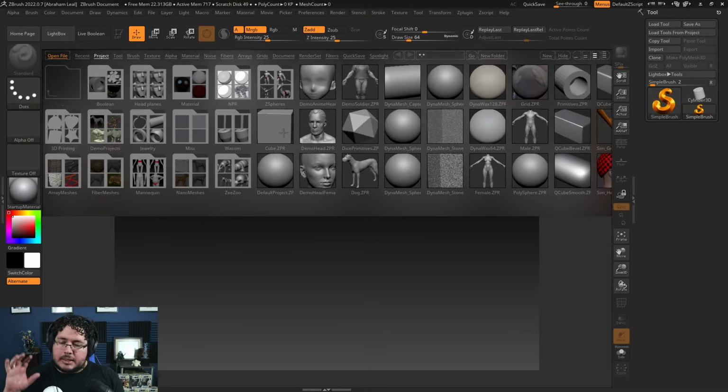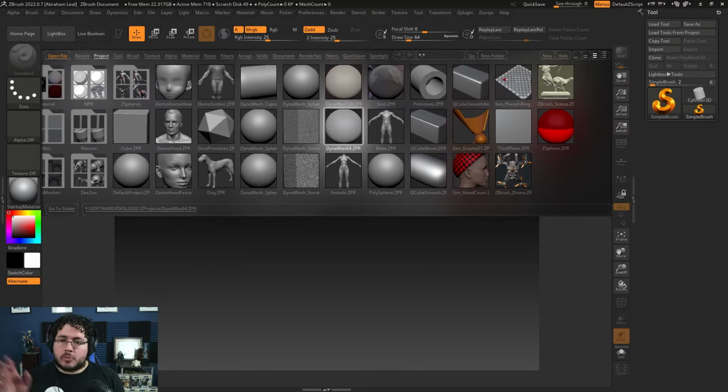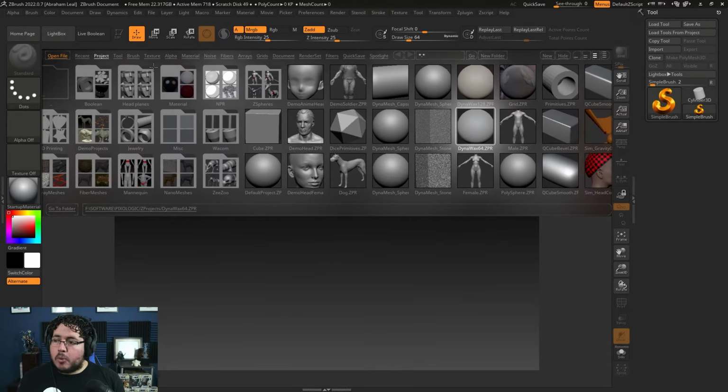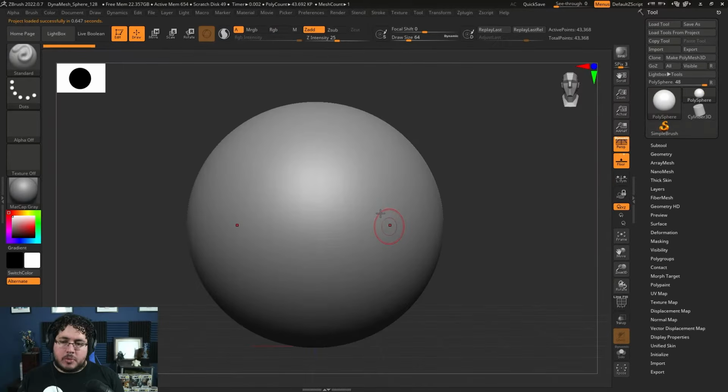The lightbox is the navigator that we have for ZBrush, very similar to what Adobe had with Bridge, where you can actually take a look at what's inside each of the subtools. And as you can see, we have a lot of different projects right now. We're in the project tab and we have all of these projects that we can use as our starting point. I'm going to use this DynaSphere 128, DynaMesh Sphere, because we're going to be using a very particular tool here